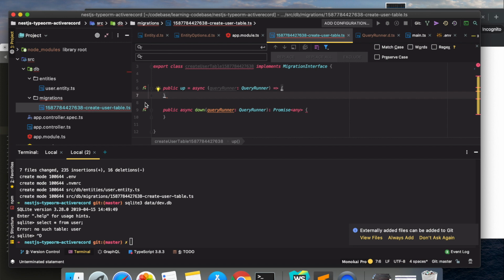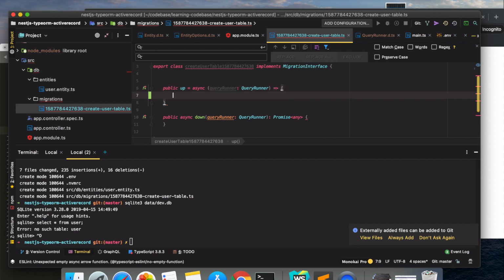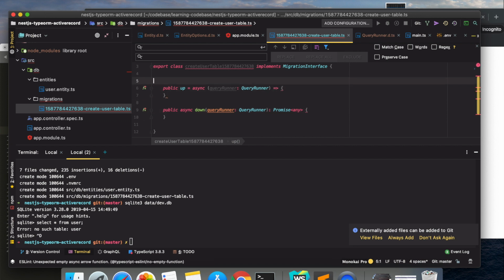Now, as the name suggests, create user table. This migration file would basically deal with creating a user table, right? There are two ways of doing that. Firstly, you can just execute a raw query here itself, create table, and in the down statement you just mention drop table. Or there is a more TypeScript way of doing it, where you create a table